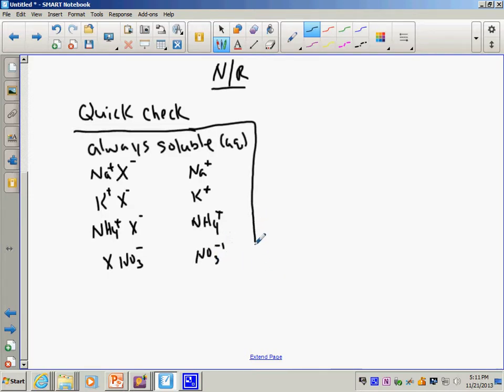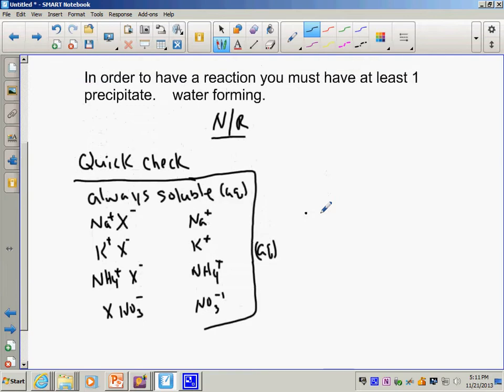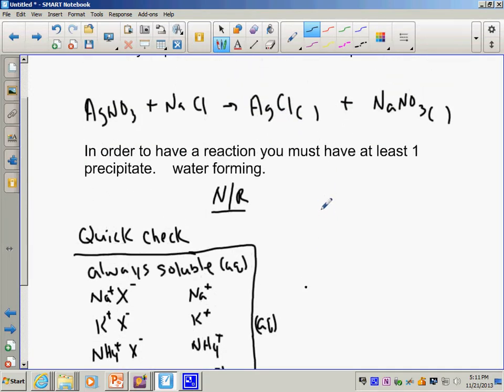NO3-1. Anytime you have a salt that contains one of these guys, it is aqueous. Okay, so right off the bat, I could go up to my problem set and say, this guy contains a sodium and a nitrate, so either one would be fine, but this one is AQ. All right. Now, we don't have any of those two here, so we need to turn to our